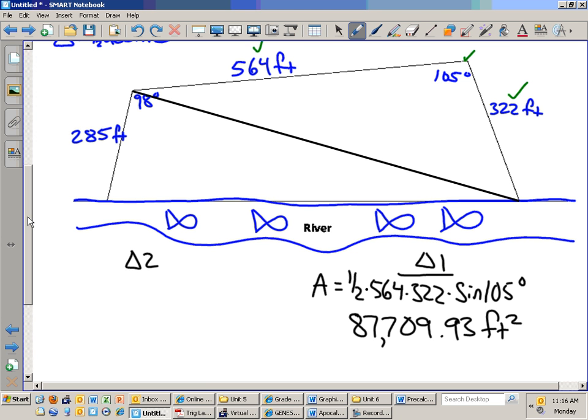All right, how about this? Now what I want is, I've got to find what? What am I going to do next? I need to find the area of this triangle. What do I do to find the area of that triangle? Okay, so Nathan and Alex both see. In order to find the area of the second triangle, I must find this side. Because in order to find the area, I have to know this side, and then that angle, which we don't know either. So I'm going to call this side here